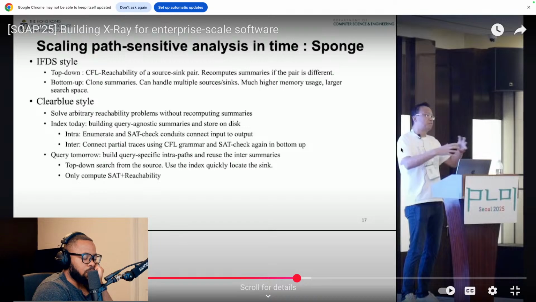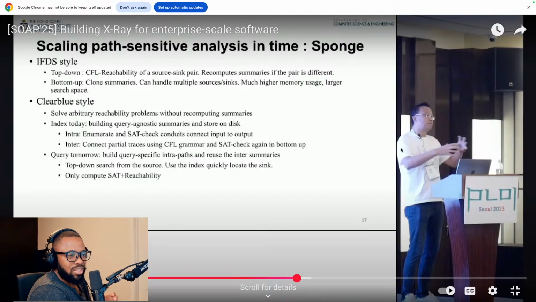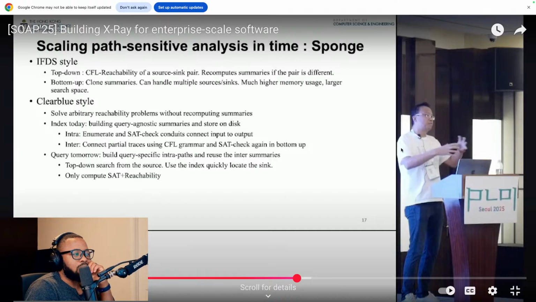I hesitate to use this word because I haven't done any research in this whatsoever, but my hunch is that it's more optimal to go with a top-down approach.